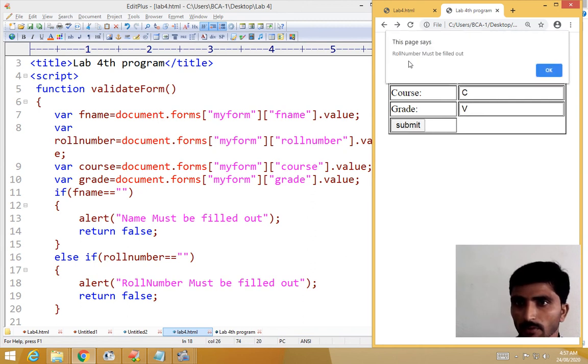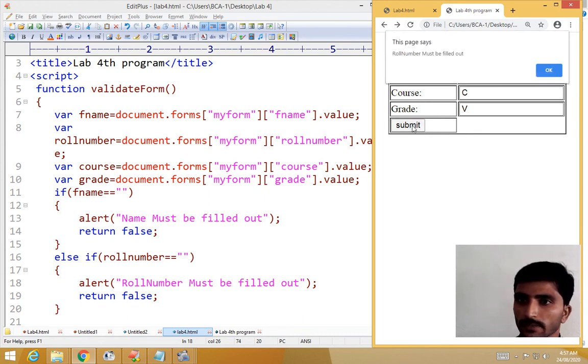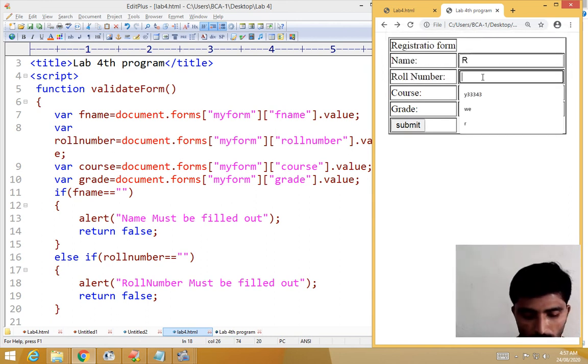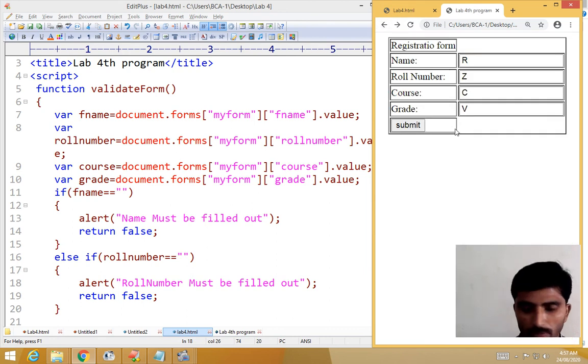See, now "roll number must be filled out". Without entering the roll number I try to submit, and at that time it gives an error message like this. When you give the roll number, it goes to the next step. So this is what JavaScript validation is.